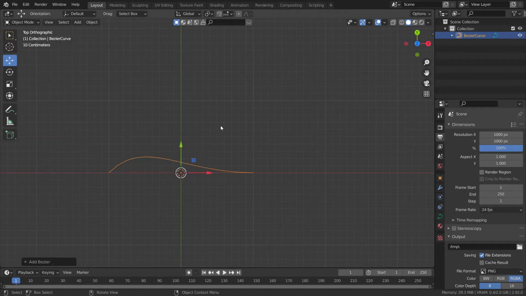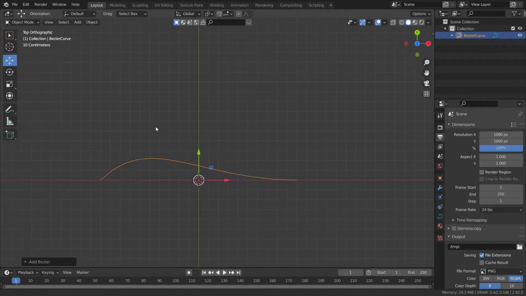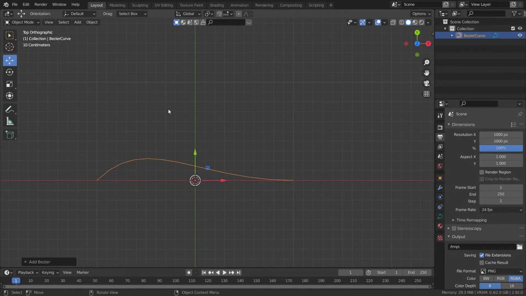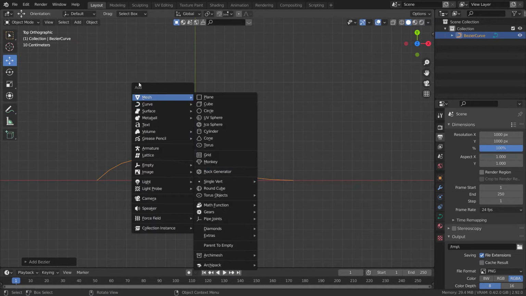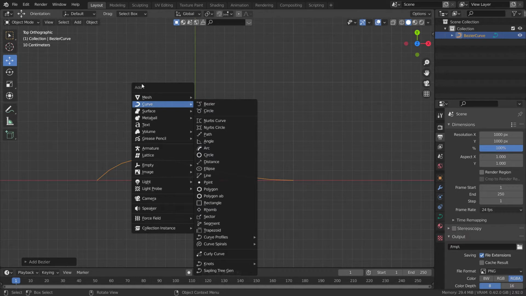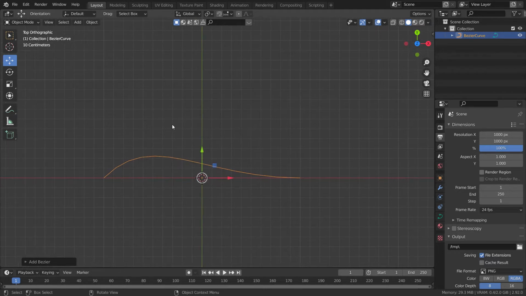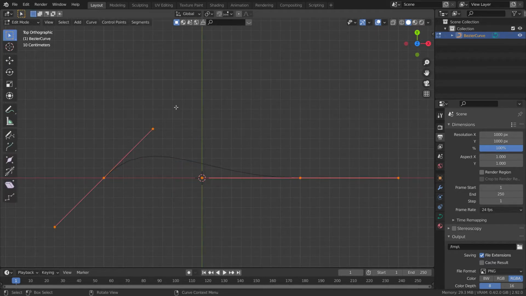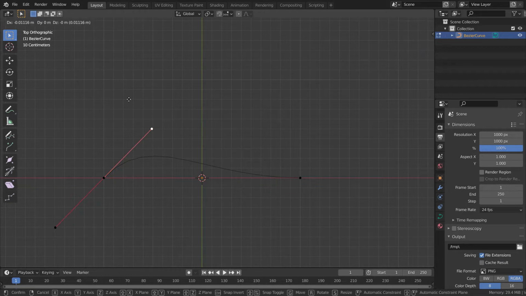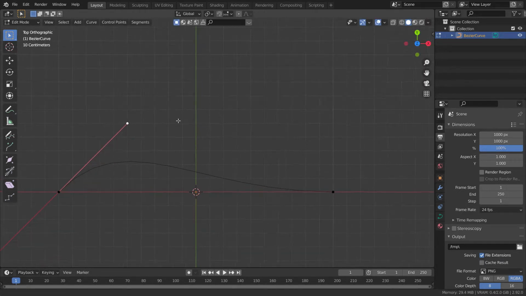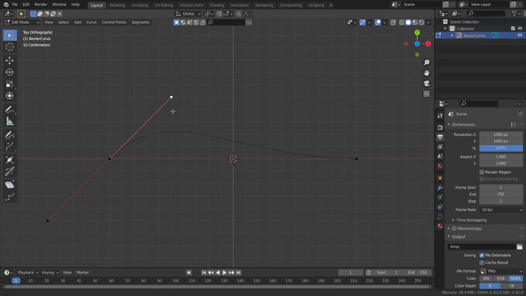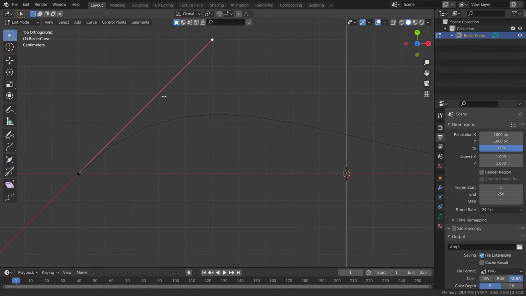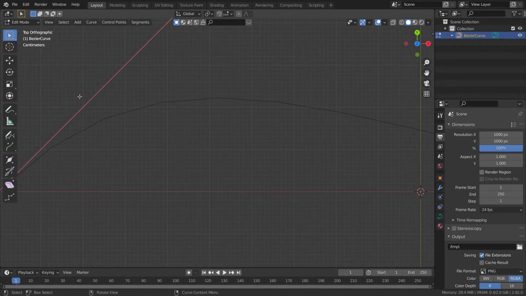You can press 7 to go into the top view, and once you have your Bezier curve in your scene, by the way, for the beginners, Shift A adds stuff to your scene. So Shift A, then go into Curve, and you can have your curves over here. There is my Bezier curve, and if I go into edit mode, I can now edit the curve. I don't know if the curve is visible in the recording, but here it is.